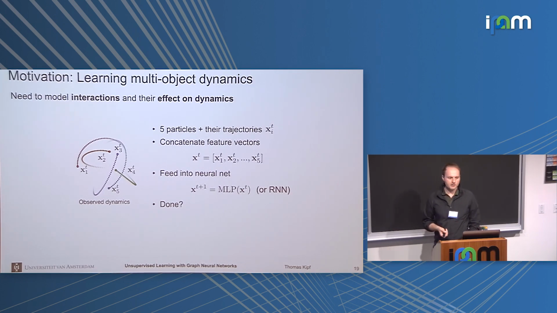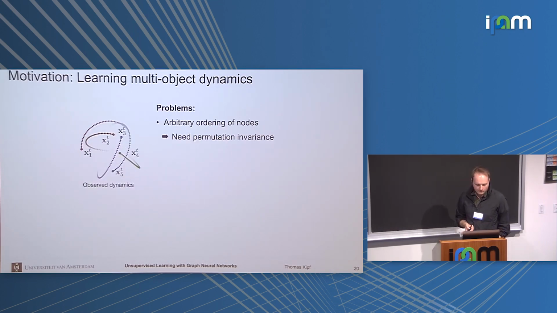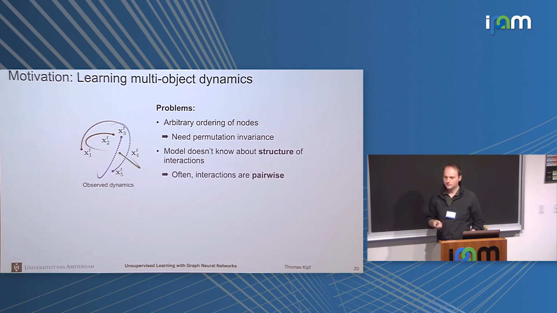But then the problem is, let's say you train this model on 5 particles, and now you suddenly get a 6th particle in the box. You would still like to be able to predict, because the dynamics probably haven't changed too much. But your model is only applicable to this particular setting, because you don't really do any parameter sharing. So this is a big problem. Another problem is that the nodes are completely arbitrarily ordered if you use something like an MLP. So you need permutation invariance in this case, so that you can permute the order of the nodes and still be able to predict.